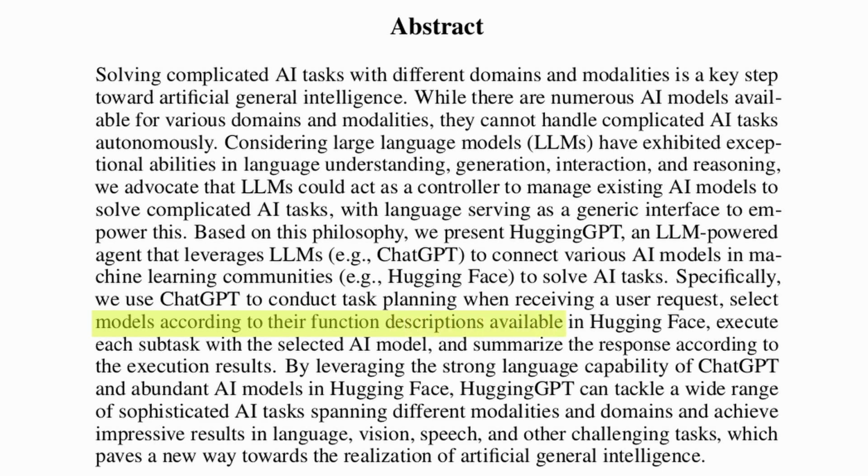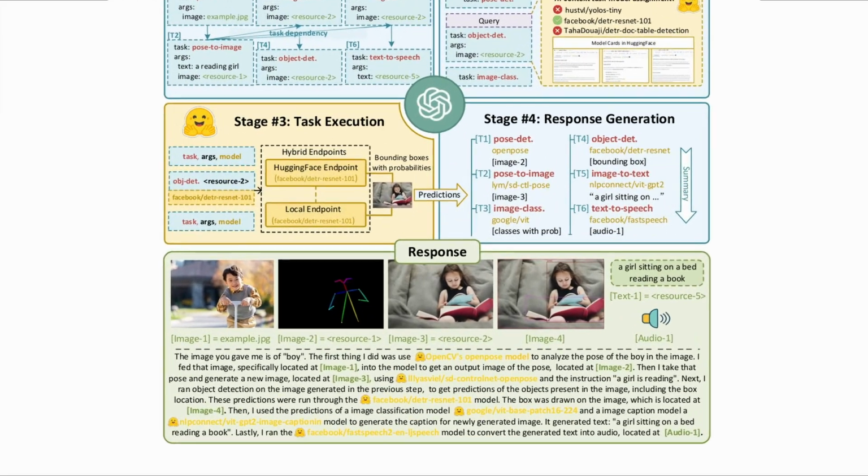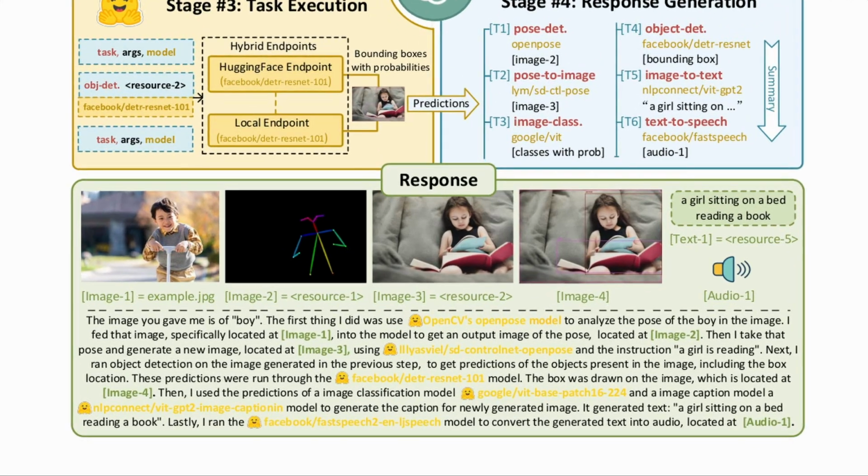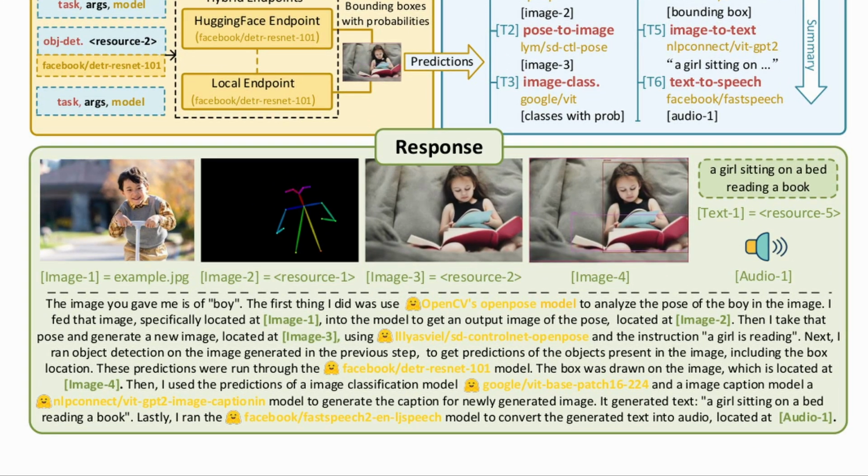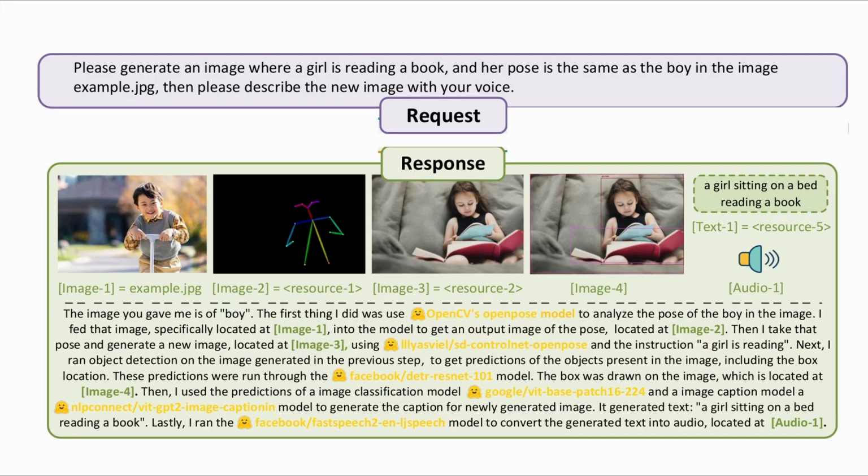The controller then uses any relevant model available in the Hugging Face repositories to perform the subtask and retain the results, and even combine the results of multiple AI models for very complex tasks that involve multiple modalities such as text, speech, and vision. An example of it is to generate an image of a girl reading a book with her pose being the same as another image provided to the agent, and finally to describe the new image in